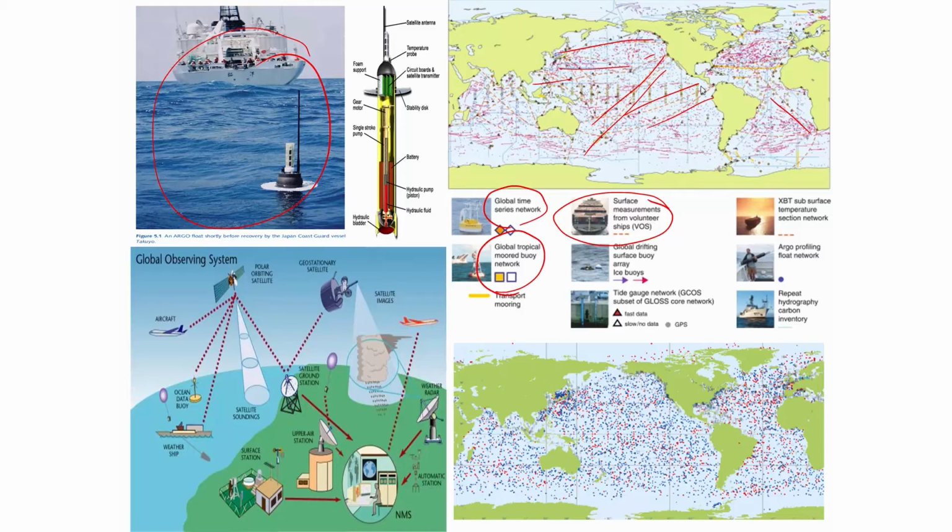There is a moored tropical network. So, these black dots here in each ocean, in the Indian, Pacific and Atlantic Ocean, they remain there and they beam the data to satellites. So, this is like a satellite antenna here. You can see this is a kind of a profile with a satellite antenna at the top, and this is now the most recent and amazingly innovative idea that started at the Scripps Institution of Oceanography, which is here,